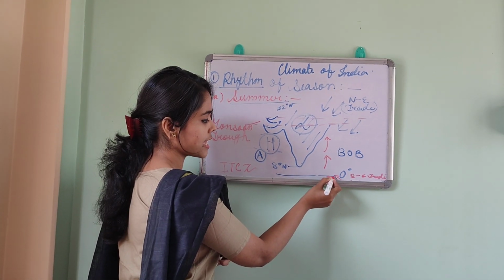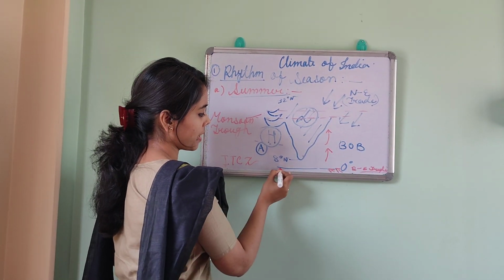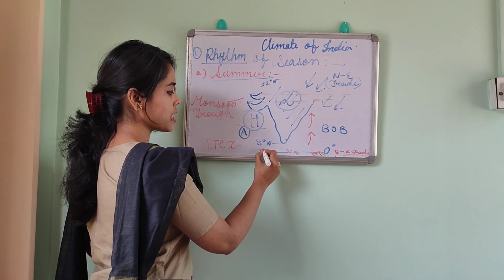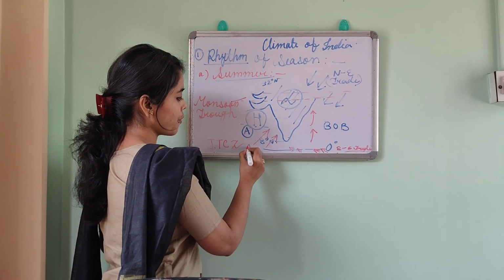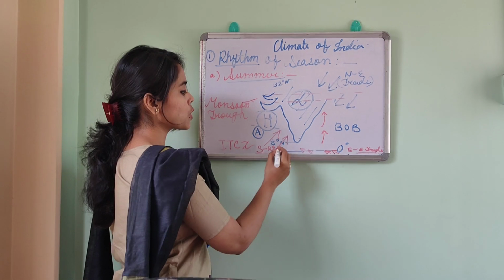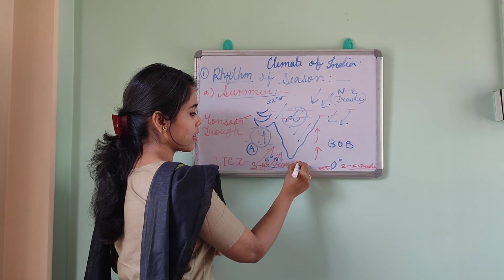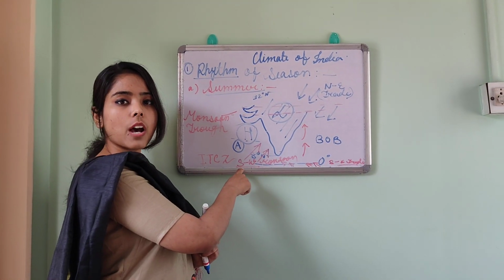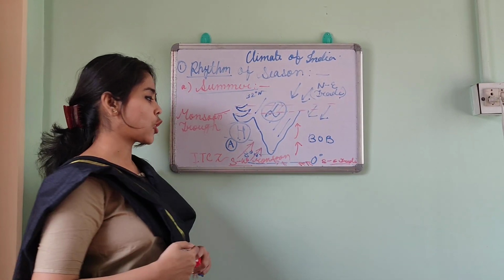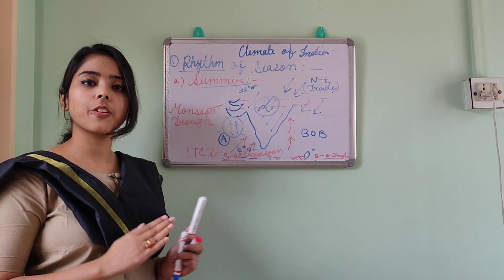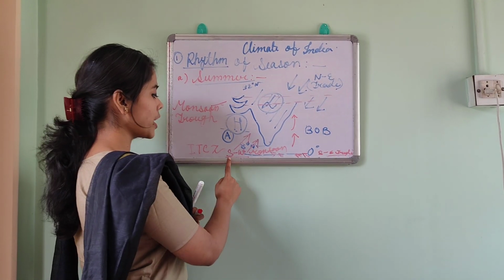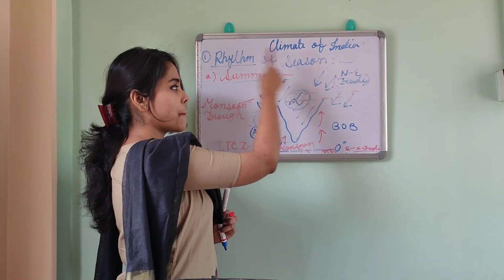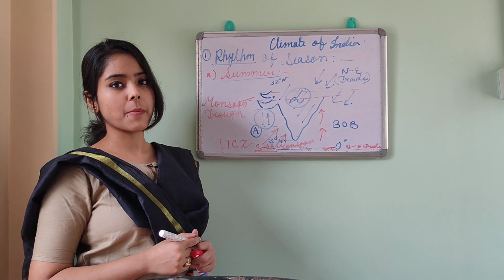Like this, here, this southeast trade wind is coming and this is the equator. After crossing this equator, this southeast trade wind will be deflected like this and it will turn into the southwest monsoon wind. Understood? How does this southeast trade wind turn into the southwest monsoon wind? After crossing the equator, the southeast trade wind is deflected and it starts moving from the southwestern side as the southwest monsoon wind. So this is the basic characteristic of the summer season.